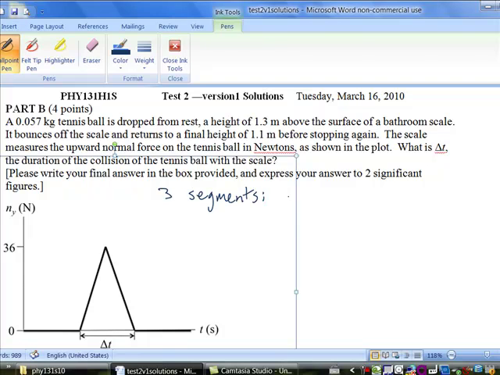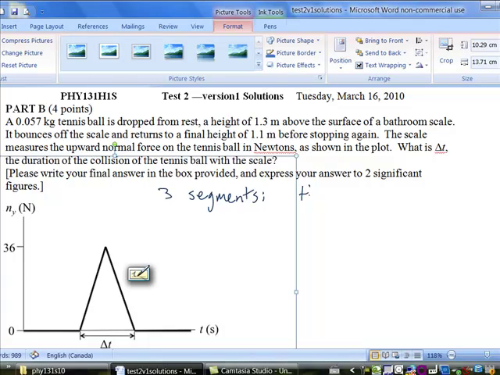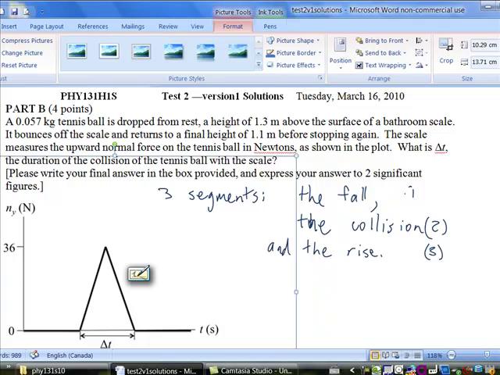It's going to be the fall, the collision, and the rise. So I'm going to call these segments 1 and 2 and 3. So segment 1,